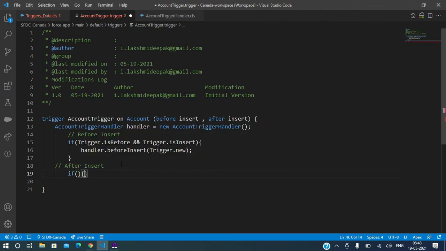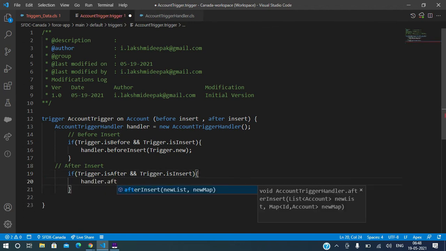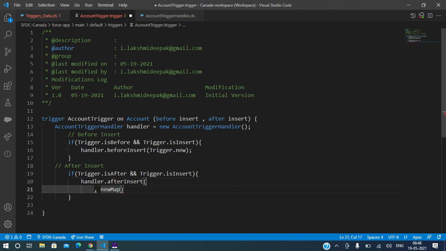The same way we can do for after: Trigger.isAfter and Trigger.isInsert, and the same way we use handler dot after insert. Instead of new list, we need to say Trigger.new, and instead of new map, all we need to say is Trigger.newMap. Clear?